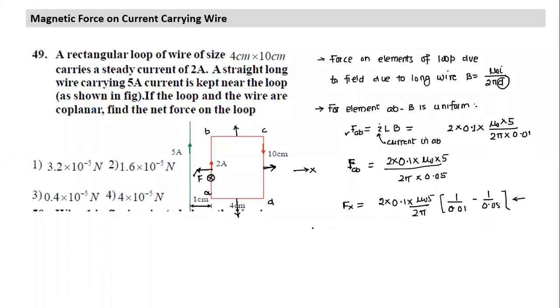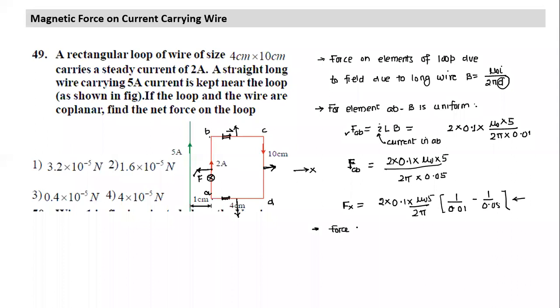Now come to the two other elements, the top element and the bottom element. See, if I take one element here and the corresponding element on the opposite side, current is going in this direction in one element and in the other direction in the other, hence the forces are opposite. So when I take the net forces, whatever element I take here and its corresponding element there, their forces cancel out. If we take all such pairs, whatever force acts on BC, equal and opposite force acts on AD, hence net force